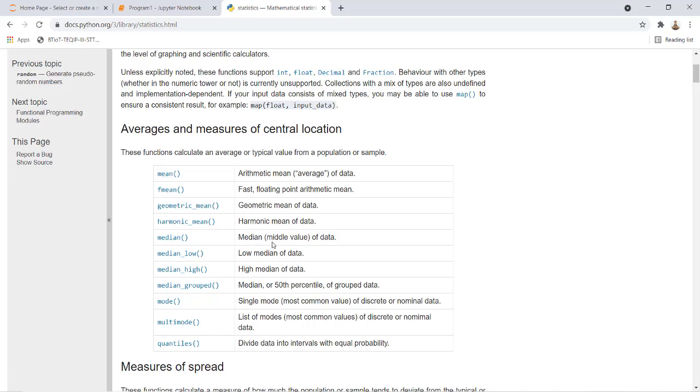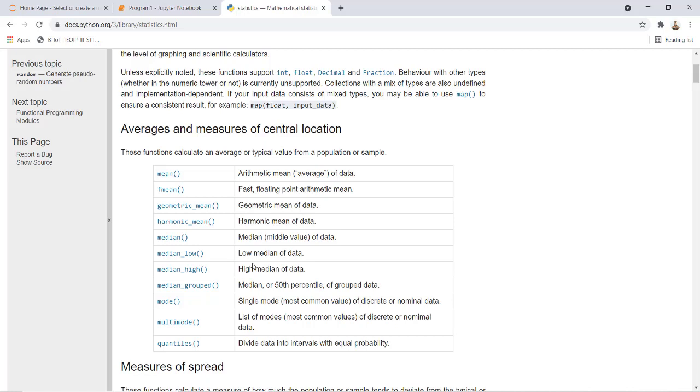Let us see what the median is. The median is nothing but the middle value of the data. If you have a list of values, first sort the data in ascending order, then whichever value is in the middle will be considered the median. We have another function, median_low, which is the low median of data.